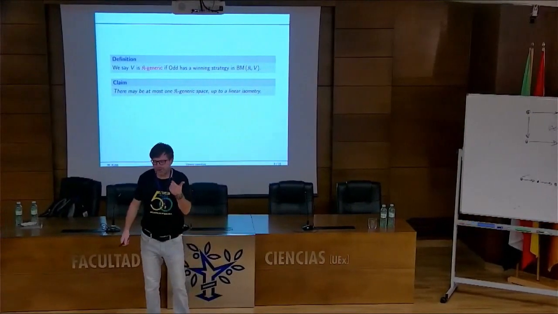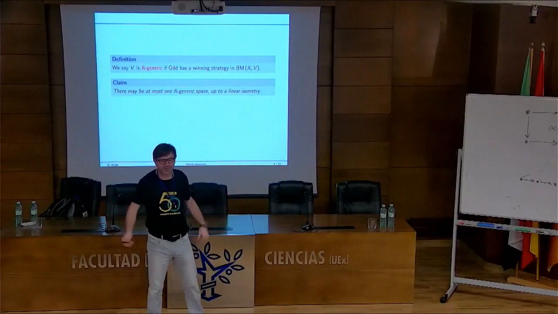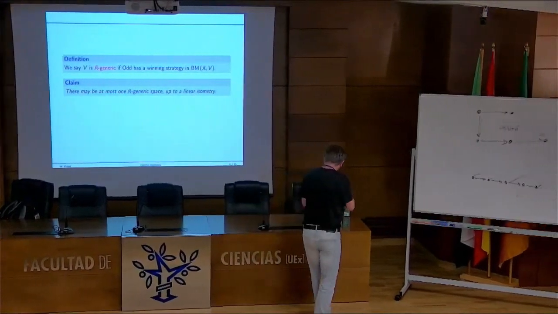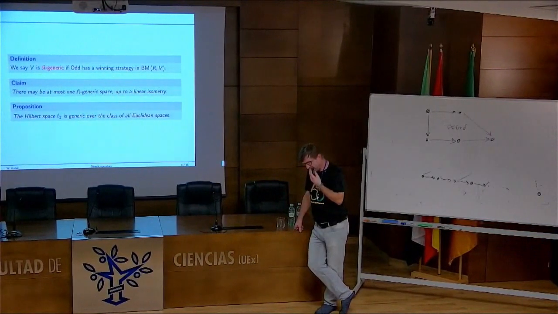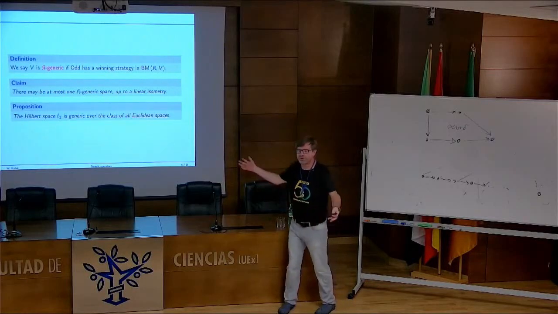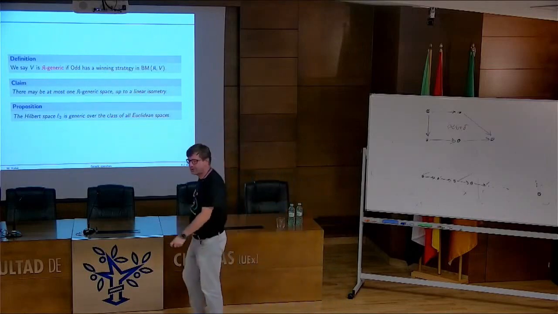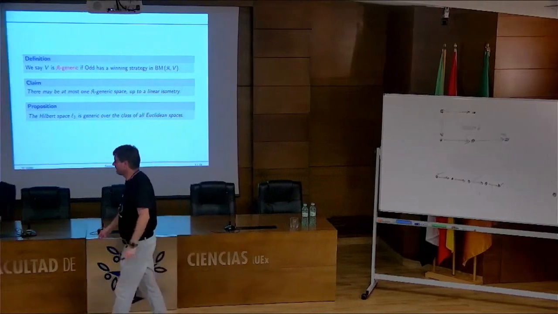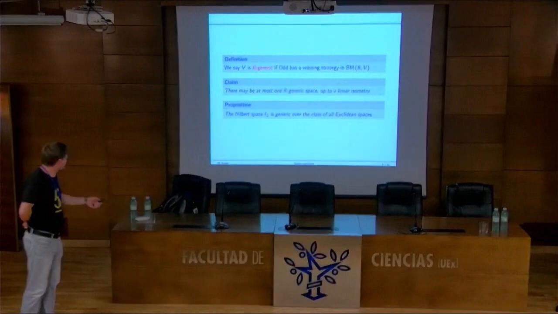So let's say if there are two, the second player uses a strategy for the first one maybe, and the first player for the second one, yeah? And they both win. So it must be unique. Okay, so in any case, the Hilbert space is definitely generic, and it is almost trivial. The two players are playing with Euclidean spaces, so it's enough that they are adding more and more dimensions. Never stop, yeah? To get an infinite dimensional space. And so this is obvious.